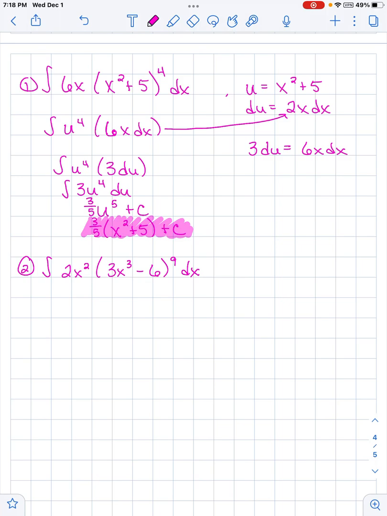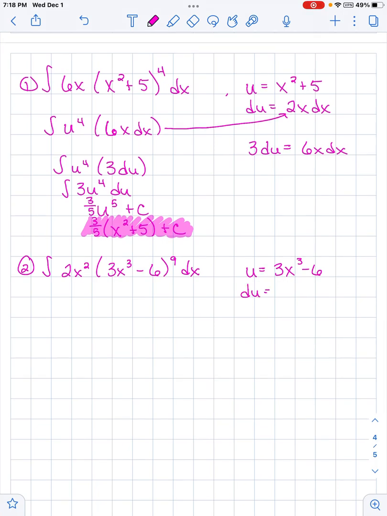Okay, I hope you tried it. Let's get to work here. So the inner function, that's why we're using U-substitution, because there is an inner function, is 3x cubed minus 6. du is 9x squared dx. Okay, so if I make my substitution over here, I have u to the 9th power,